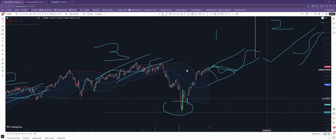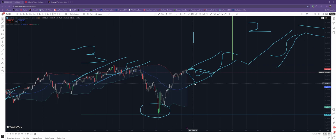If we go down to 20,300, it might be scary for some. I mean, we have a gap down here, got another gap right here, but this one is a little less likely. So if we go and we fill this gap, as you can see from our blue line, this is forecasted. This isn't going to take us by surprise here. We're ready for them to come take this gap and come down to that midline VWAP beginning of July of this year. We're going to be ready for it, and we're going to be taking long positions at that level